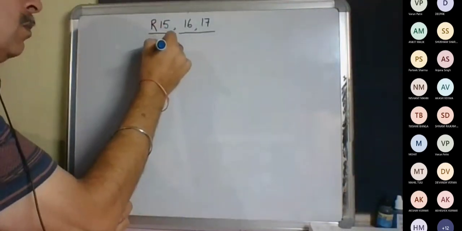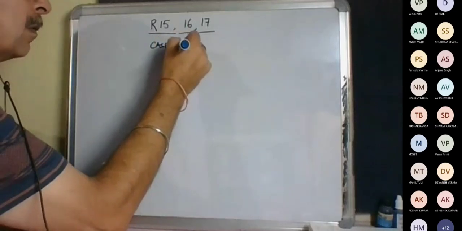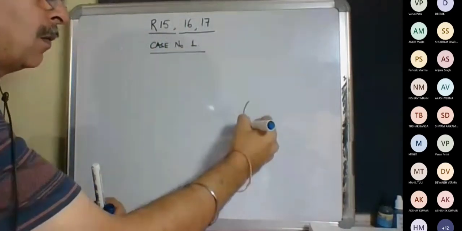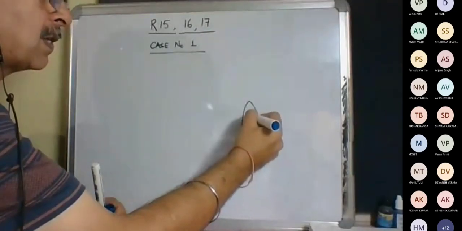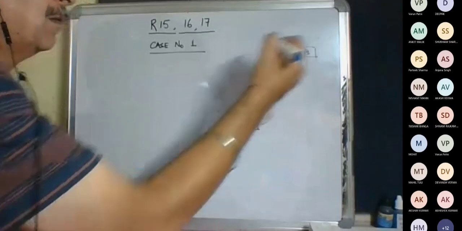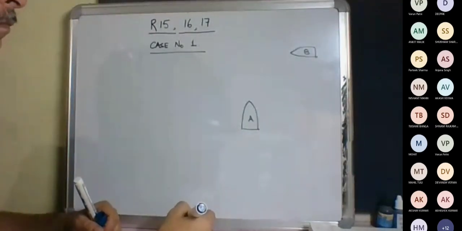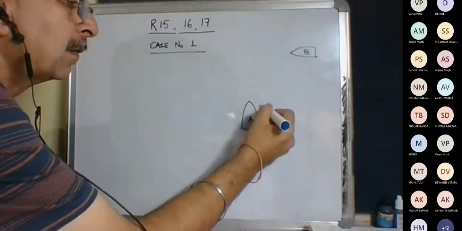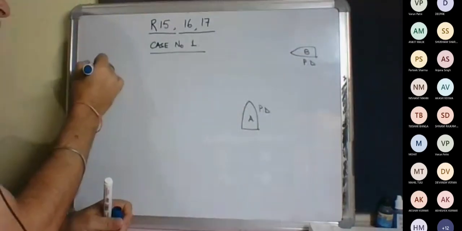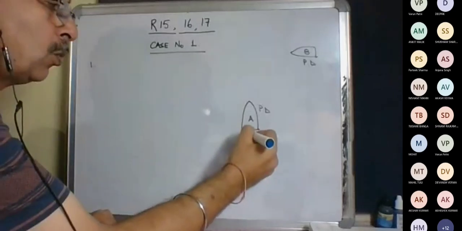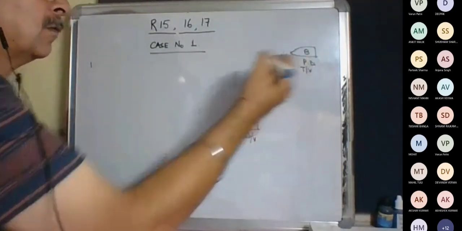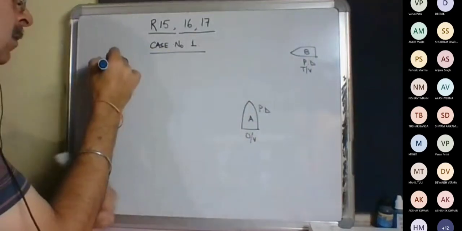So we come to case number 1. This is vessel A. This is vessel B. You are on vessel A. What will be your action? This is your own vessel. This is the target vessel. You will take